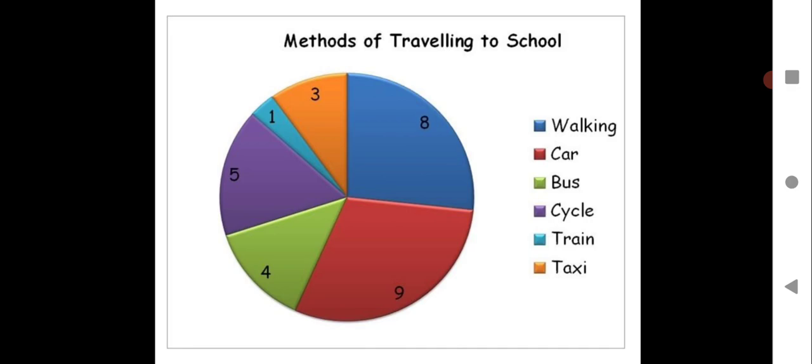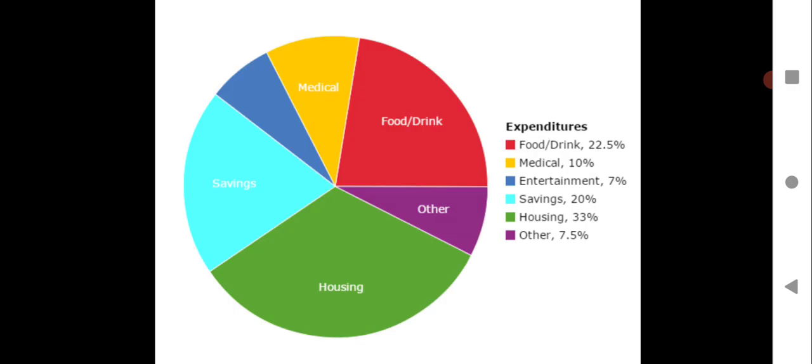Please do not draw this, just have a look. You can have more, such as expenditures on food, drink, others, housing, then saving, medical, all the requirements you have for your monthly budget, and then you divide your salary or the saving money which you have, and accordingly you can make a pie chart like this. So which part of your salary is mostly used, where you spend more, in the housing or in food or in saving or in medical, all that you can easily make out with the help of this pie chart.